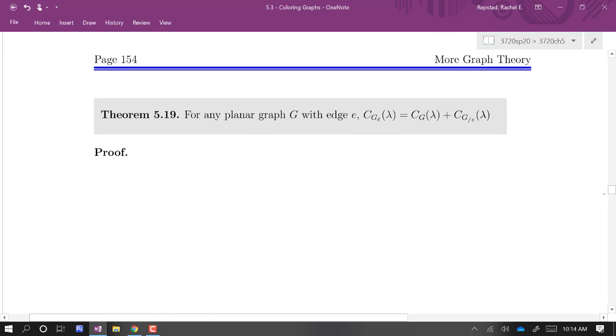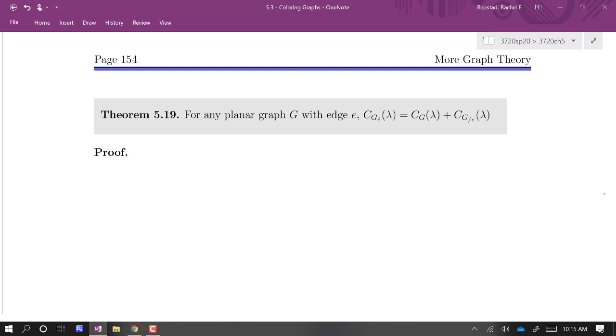Okay, so now we have a result that will eventually help us find a chromatic polynomial for some graphs. And the way we do it is by relating the chromatic polynomial of a graph G with the chromatic polynomial of the two related graphs that we just examined. So in Theorem 519, the chromatic polynomial for G sub E hat is equal to the sum of the chromatic polynomials for G and for G mod E. So note that